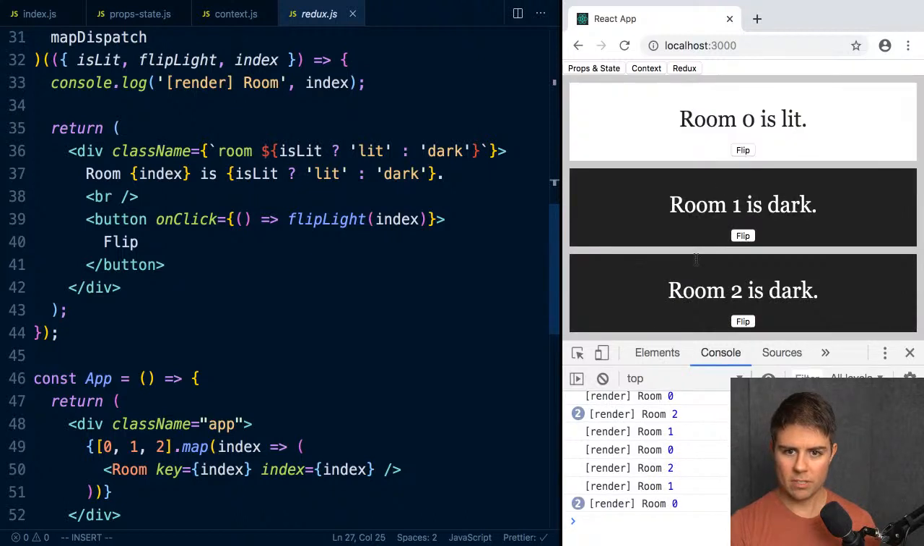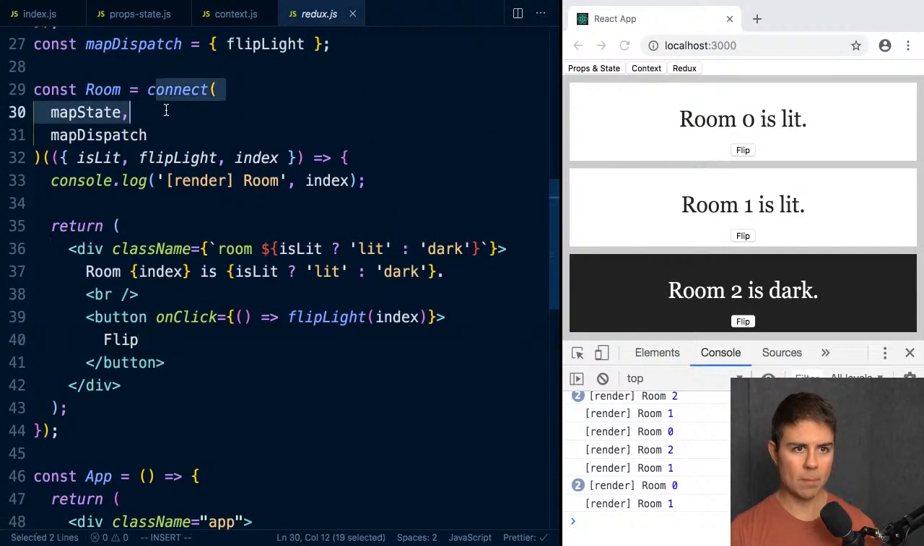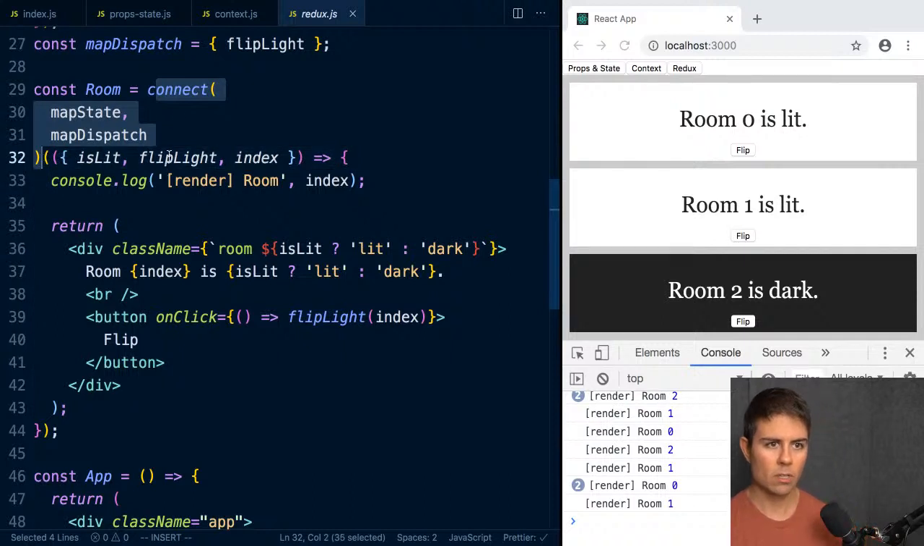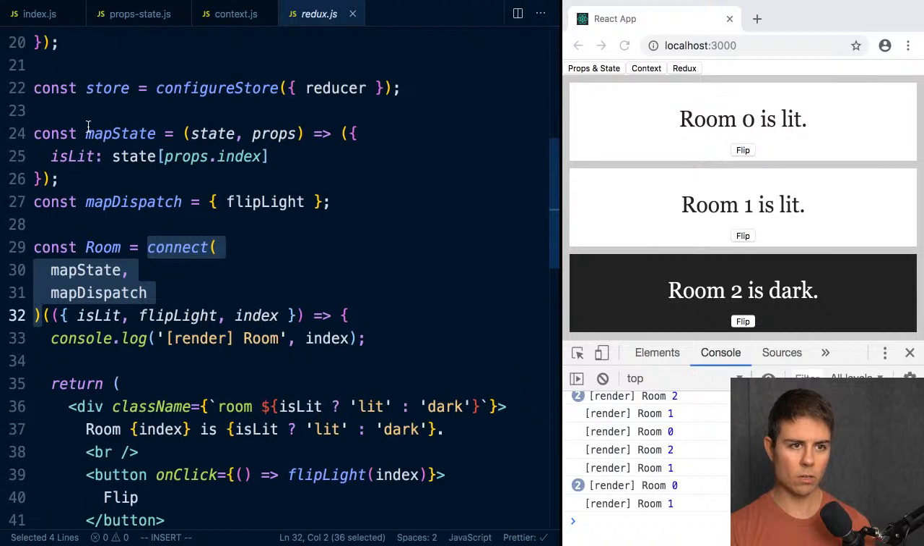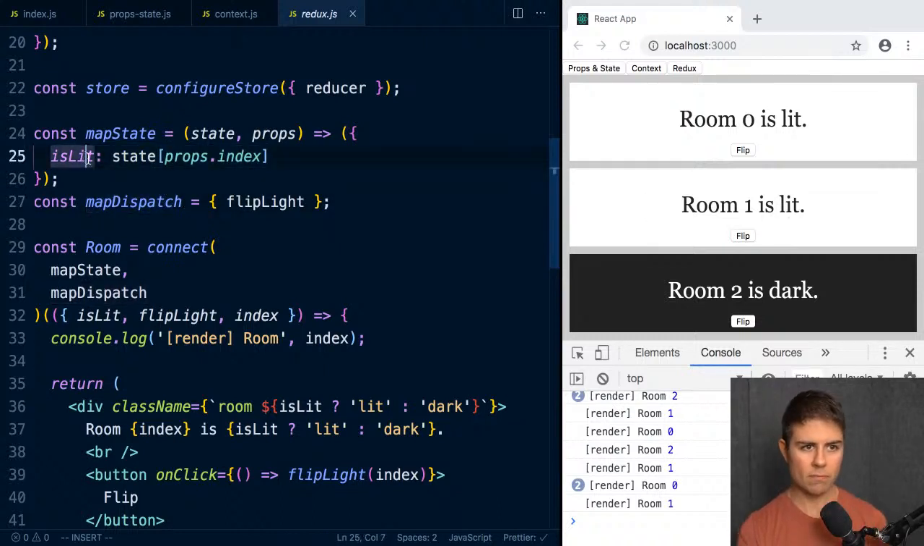So the difference with this, the reason why these components don't all re-render, is because it's wrapped in connect. This connect function has some optimizations. It'll call mapState, and if mapState returns the same values as last time, it says, well, I don't need to re-render this thing. So it's going to call mapState every time. And I think if we